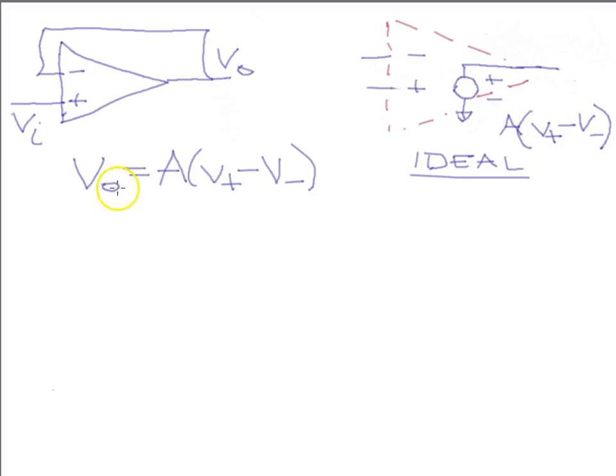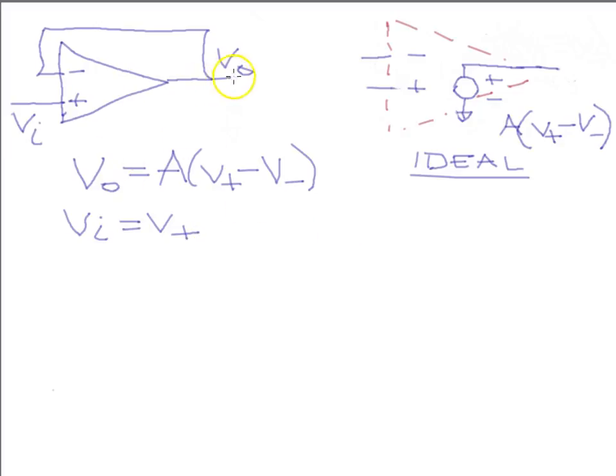Now, again, I need to find the output voltage in terms of the input voltage, so I want to eliminate these terms V plus and V minus by replacing them with terms that involve the input voltage, VI, or the output voltage, VO. So here, the input voltage, VI, is directly connected to the plus terminal, so what that means is VI equals V plus,